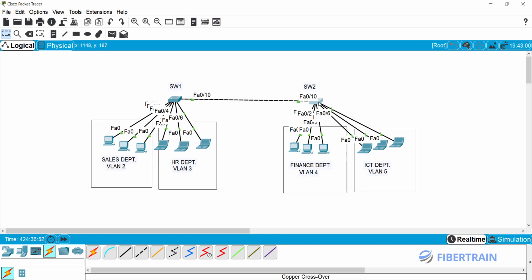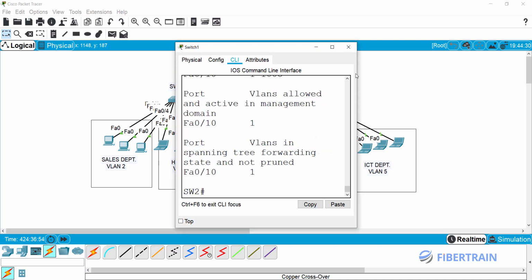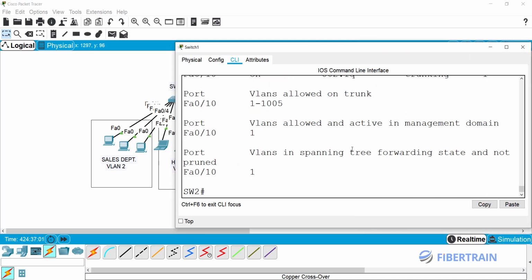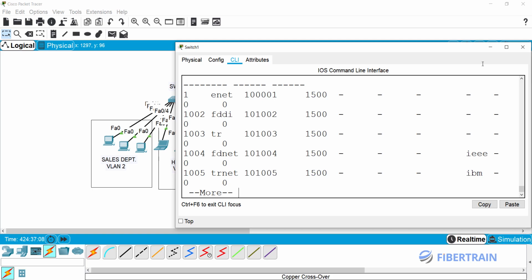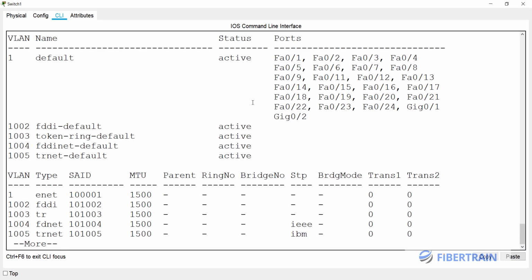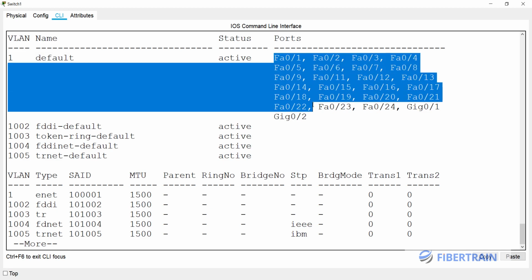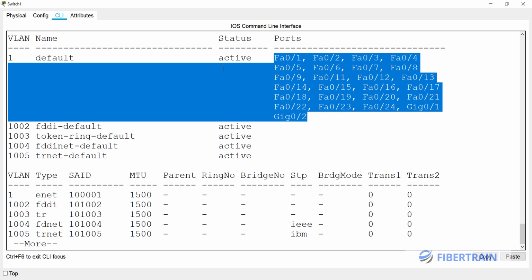Now you notice that on this Switch 2, if I do show vlan, we are not seeing any VLAN here, right? So why are we not seeing any VLAN? Because we have not configured VLANs on this Switch 2. We only configured our VLANs on Switch 1. On show vlan, the only VLAN we could see here is the default, that is VLAN 1, and by default all the ports on the switch belong to that VLAN. We don't have VLAN 2, VLAN 3, VLAN 4, and all those other VLANs that we have